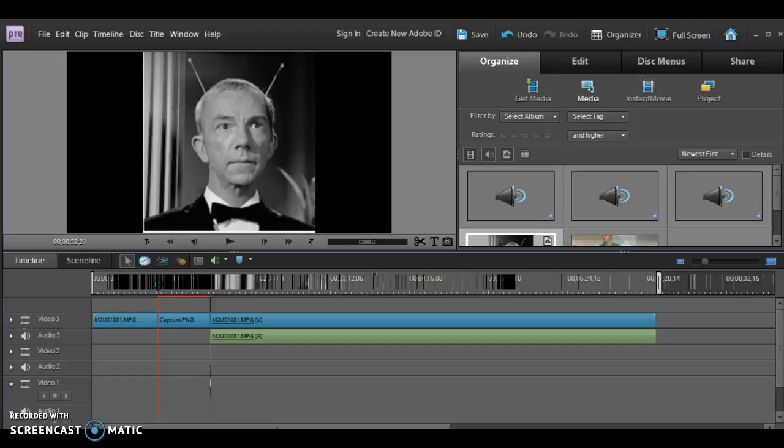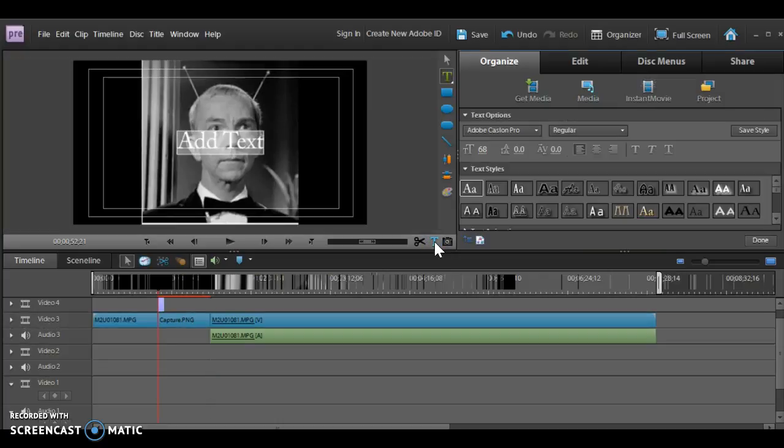Okay, so for this part of the video, we're going to be talking about adding text. And so the text button is right here in the lower right hand corner. So I can click that. When I click that, you can see down here in the timeline there's this little purple thing. That's the text that I'm adding. And so I'm going to add text here called